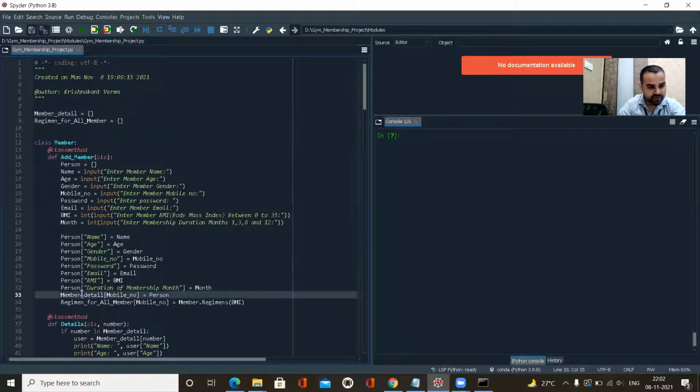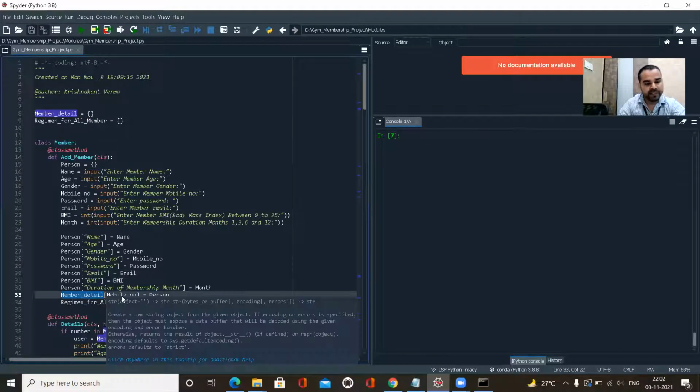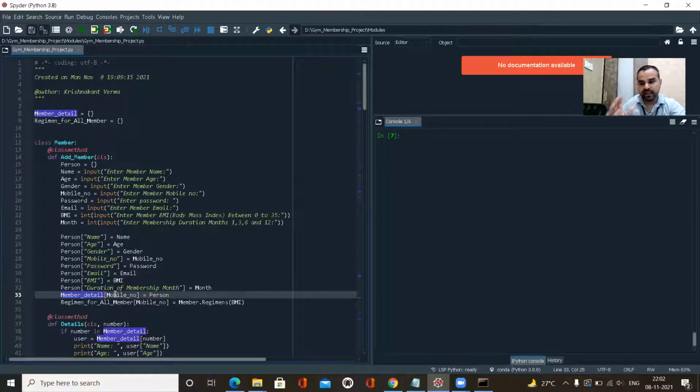You can see that I'm storing a mobile number to validate whether the member is the right member or a wrong member. When a member enters a wrong mobile number, it will reflect that it's not a valid input. So for that I'm taking a member detail here and the regimen detail here.